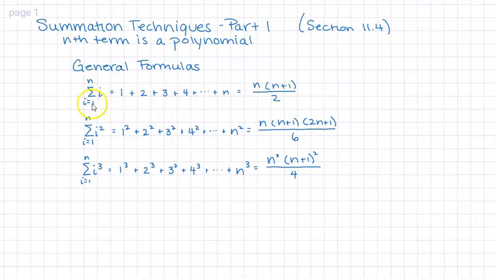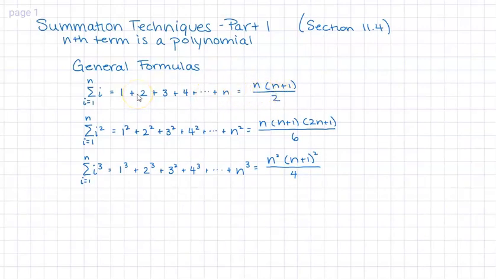So i starts at 1, so you plug in a 1 for i, and it's 1. Then i equals 2, and you just get 2. When i equals 3, you get 3. It's really easy. So you just add them all up until you get to the last term, which is going to be stopping at n. So you plug in an n for i, and there's your last term. So it's just a summation of the numbers 1, 2, 3, 4, all the way up until n, and it turns out that wherever you stop, that value for n,